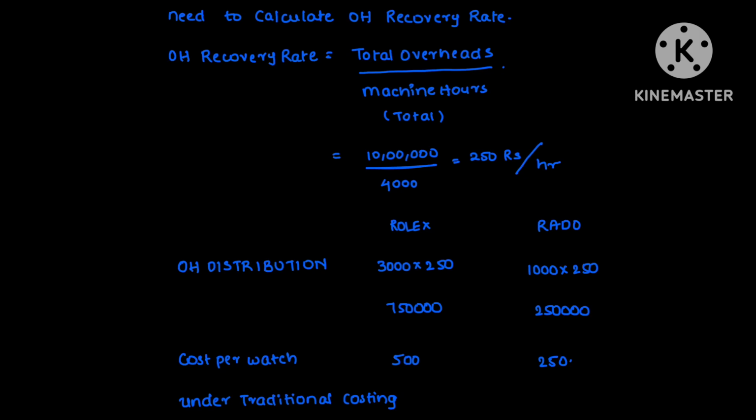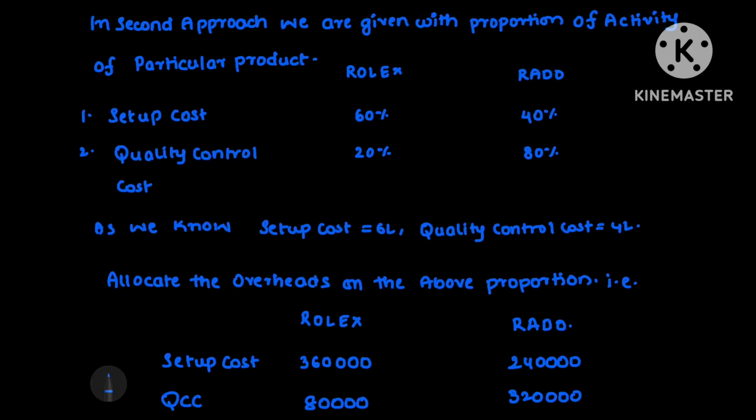So 3000 into 250 rupees gives 7,50,000. 250 rupees into 1000 hours gives 2,50,000. This was the first approach of allocating overheads to the products. The second approach is